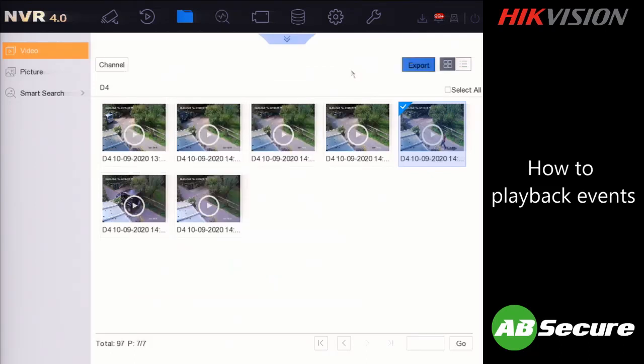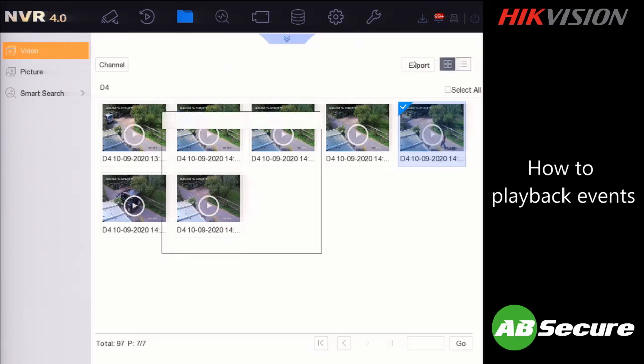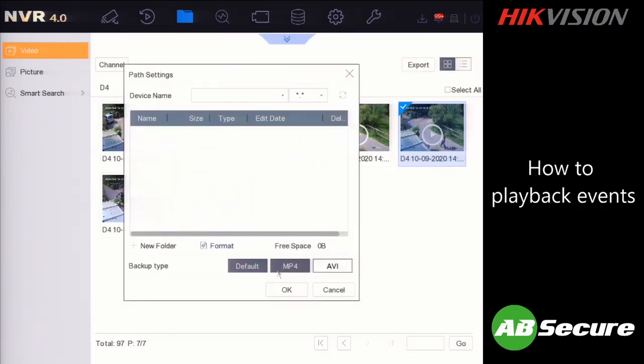If you do want to export footage and play it on the computer, we do recommend you download a piece of software from Hikvision called VS Player. It plays the video files a lot better than any other software you might have on your computer, but if you're having problems playing back the footage, on this export page here, change it from default to AVI. The AVI files will play on pretty much every computer without any special software, but they are slightly lower quality. The MP4 files are basically original quality, but they don't play on every computer without conversion software or the Hikvision